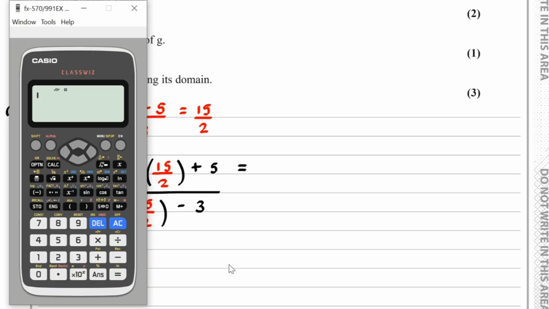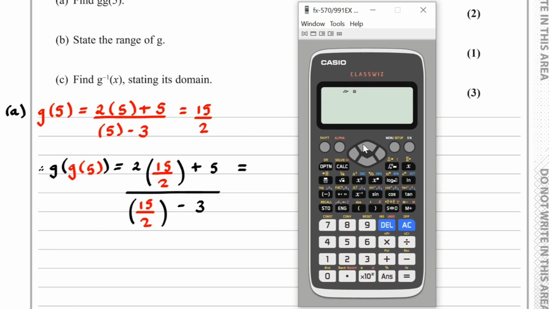If I substitute 15 over 2 into my calculator, then I've got 2 times this plus 5 divided by this minus 3. So it turns out g of 5 is equal to 40